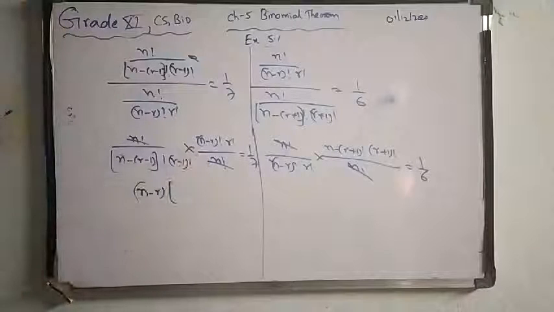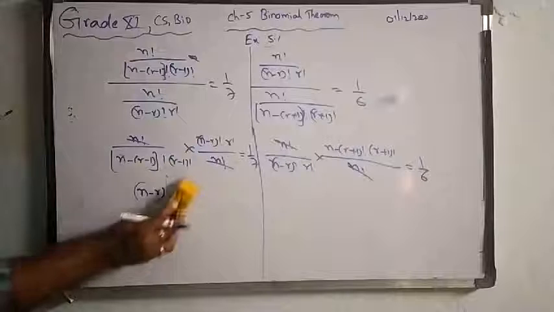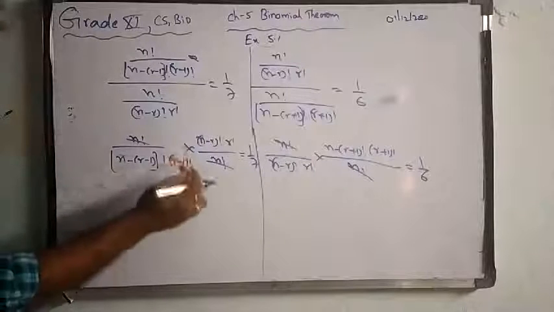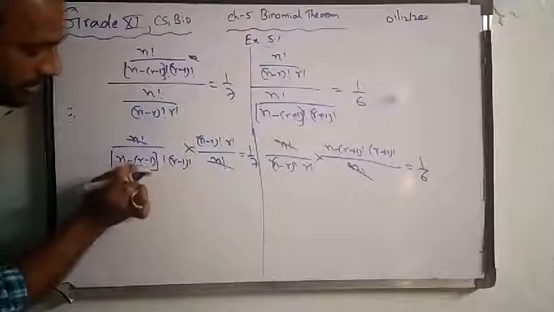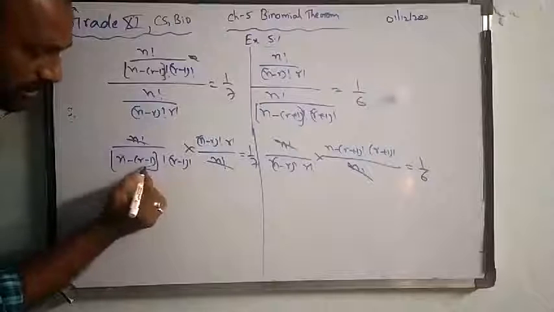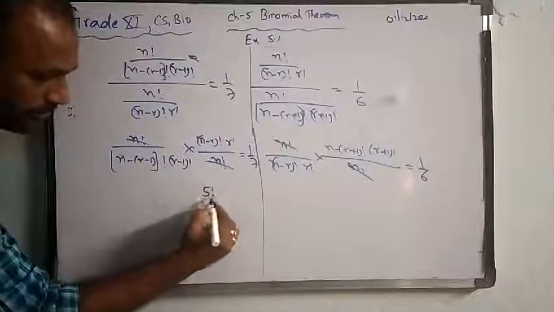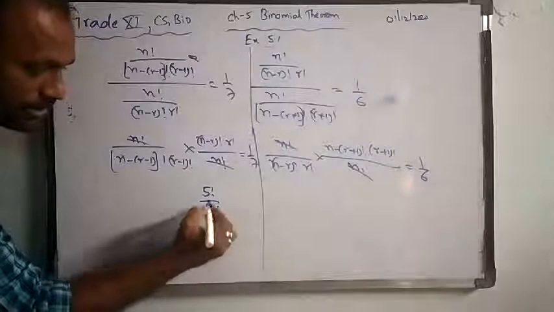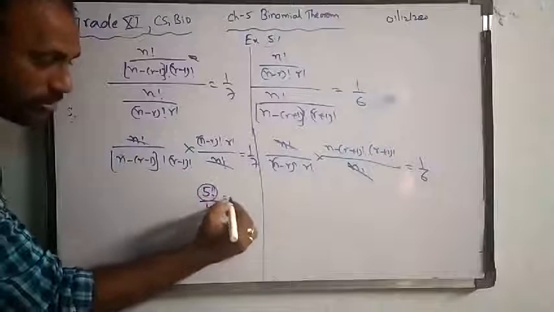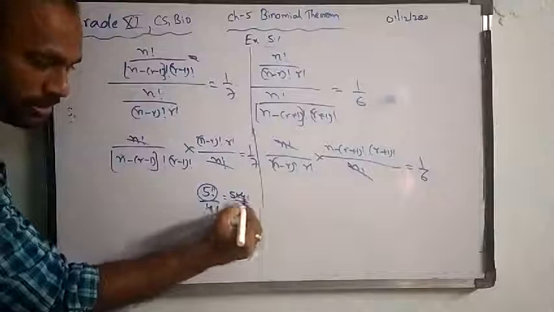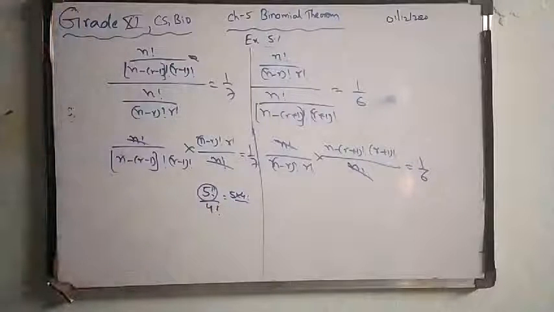So in these two we can say that the numerator is greater than the denominator. If you observe these two, in this n minus r is there, in this n minus r minus 1 is there. So this will come under the big term. For example, 5 factorial and 4 factorial are there. In these two, 5 factorial is bigger, so 5 factorial can be written as 5 into 4 factorial. In a similar manner, you always enlarge the big term.